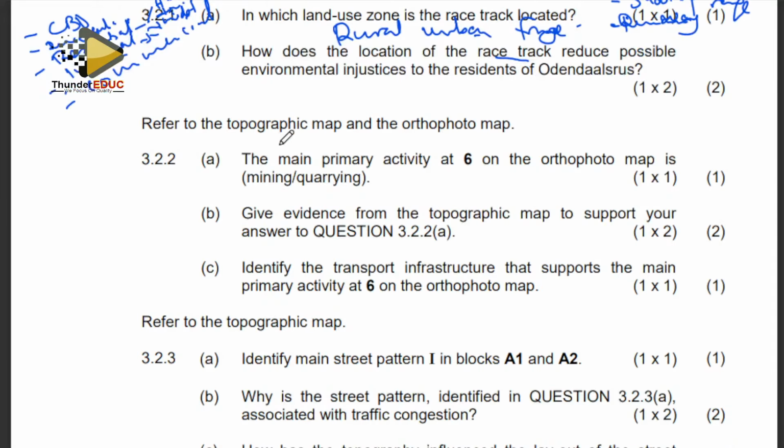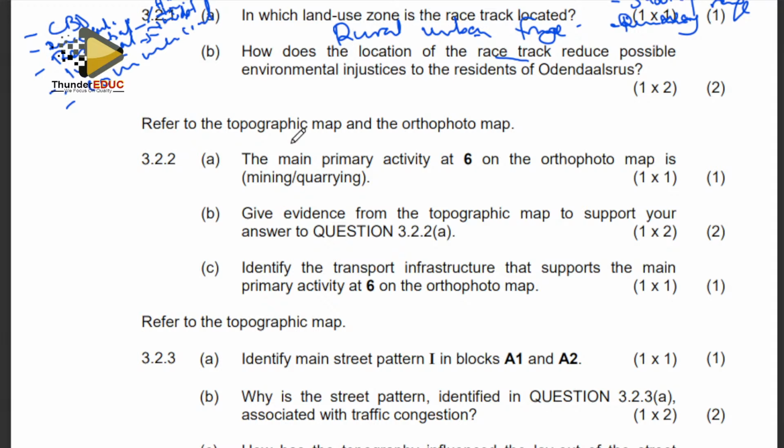The next question says refer to the topographic map and the orthophoto map. So this question is now combining the two areas of interest. We are looking at the topographic map as well as the orthophoto map. So our focus is going to be on those two areas, and in one way or the other, you're going to combine